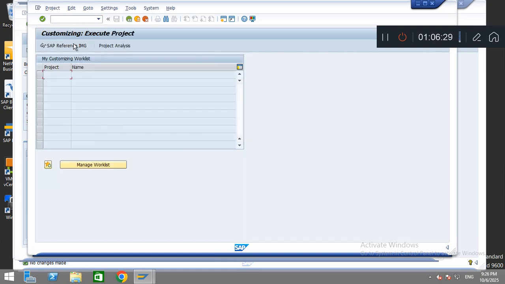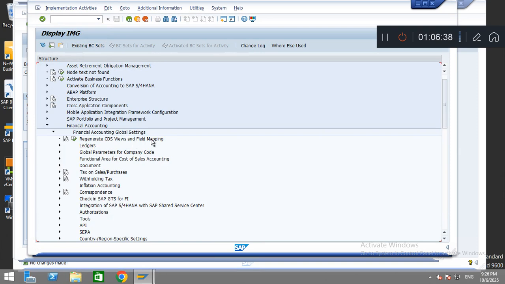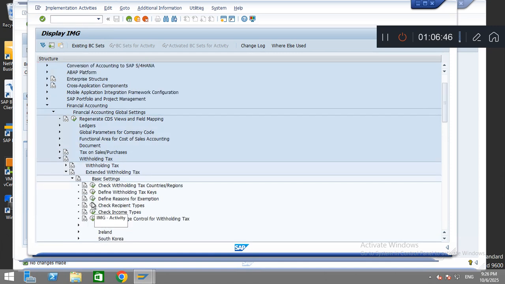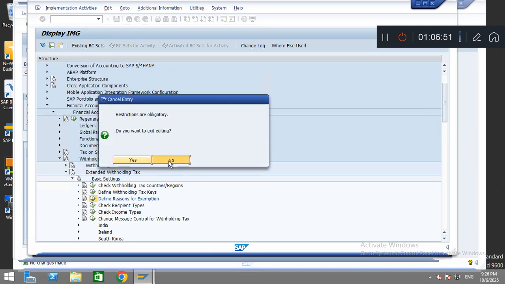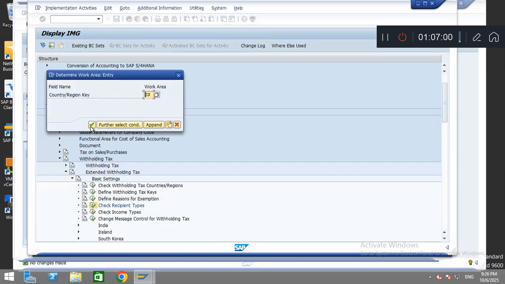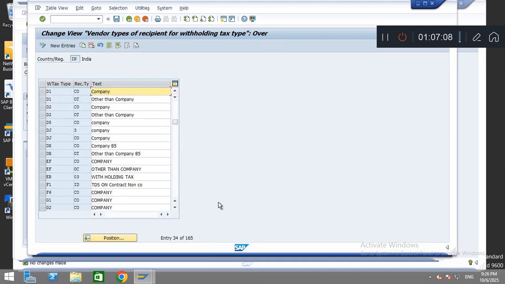/NSPRO enter, reference IMG, financial accounting, global settings, withholding tax, extended withholding tax, basic settings, check recipient type, no, continue, exemption দরকার নেই আমার, check recipient type, continue, D1 দেখি, D1 নিয়ে গন্ডগোল আছে, কারণ D1টা অলরেডি এক্সিস্ট করছে। এই D1 is creating the problem most probably, কারণ D1টা অন্য কেউ নিয়ে নিয়েছে, সেই জন্য D1টা হচ্ছে না।